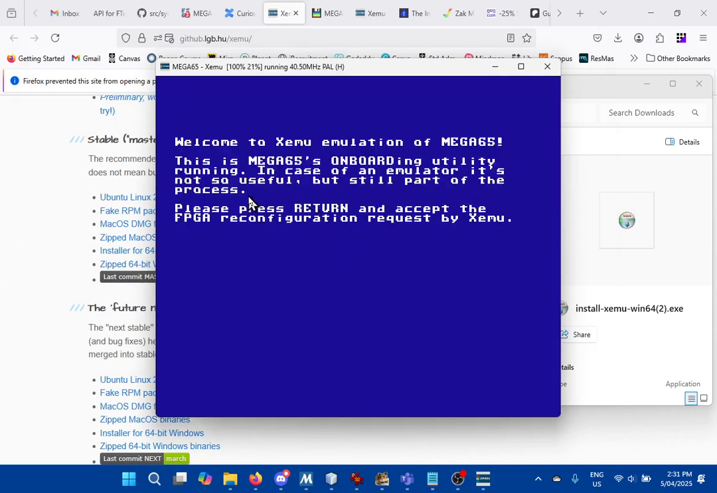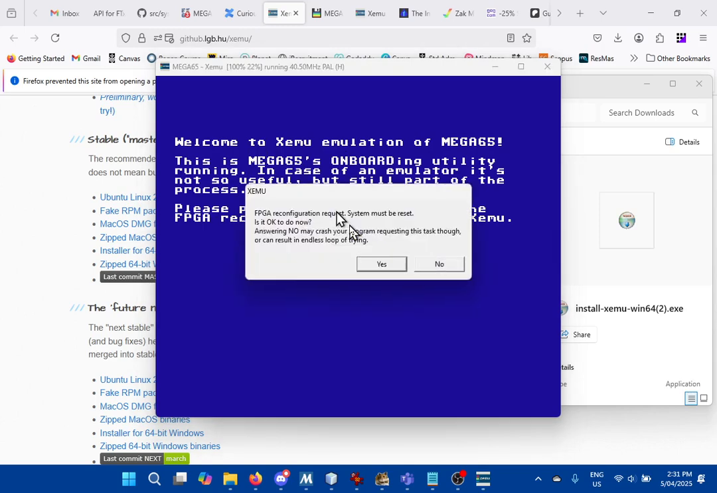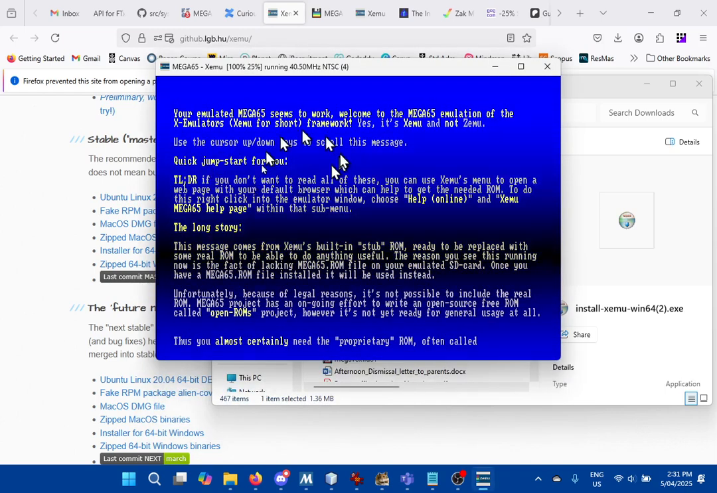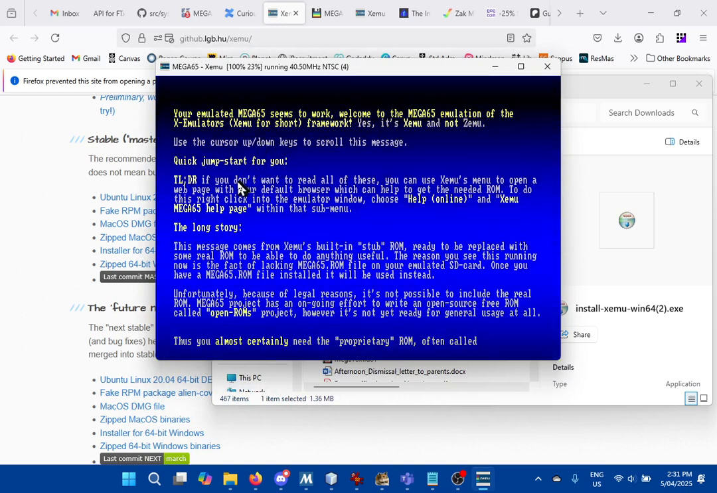So we get some sort of onboarding. Welcome to Xemu. Onboard utility. Press return to accept. All right. Let's see. Return to accept. FPGA reconfiguration reset. All right. We're in this thing about not having a ROM yet. So